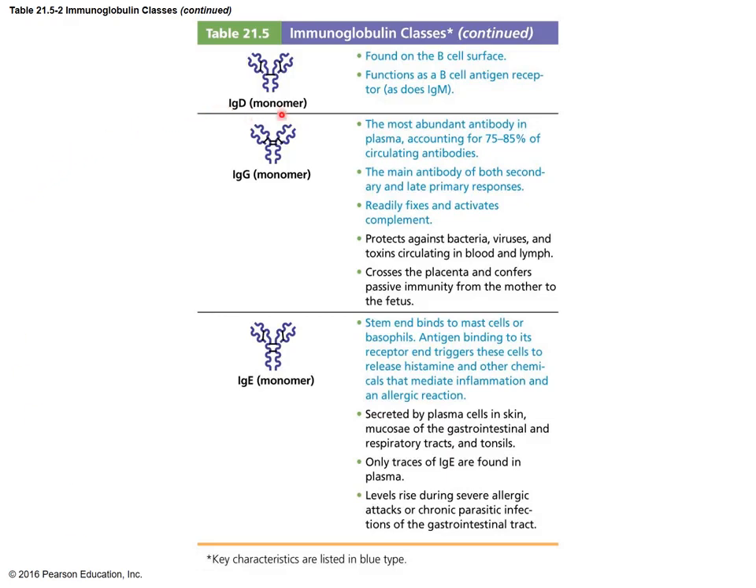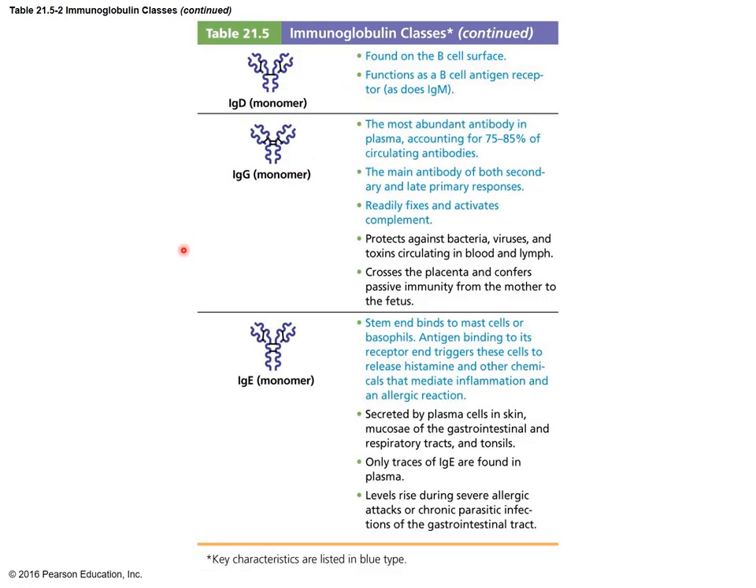IgD is a monomer, just a single structure. It's found on the surface of B cells. It can function similar to IgM. IgG is the most abundant of these antibodies. Most of them are in this form. It is going to be seen as the secondary response. So initially you have the IgM numbers really high, and then it switches and the IgG numbers become very high. So mid to late in the response, and certainly also in secondary responses, you're going to have the IgG